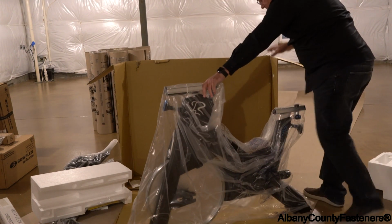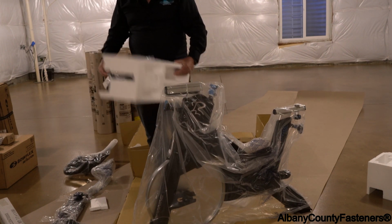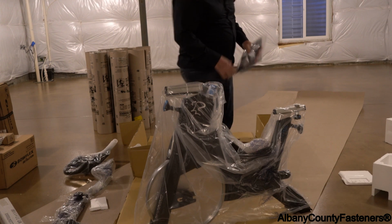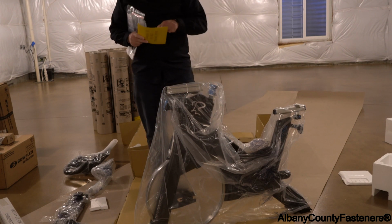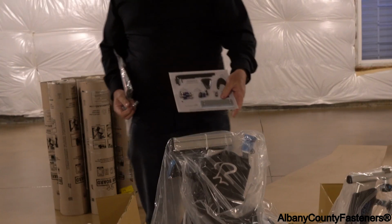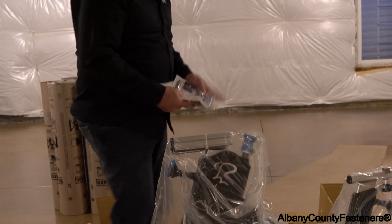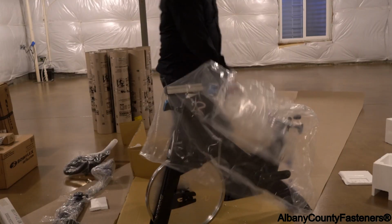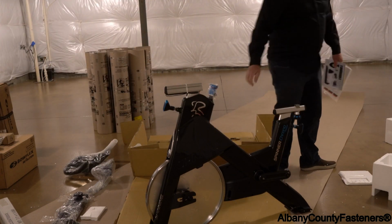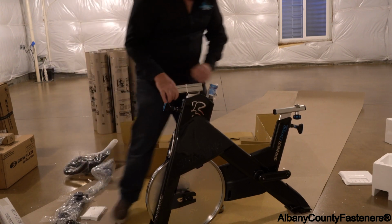Sorry I'm standing in front of the camera a little bit. Alright, our directions. Our parts. These are our directions on how to put it together. I'm going to go and sit down a little bit and read about, this is going to be nice, see what tools I need, read about building the bike with all the parts that we just